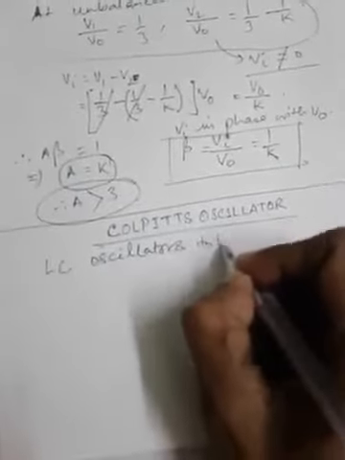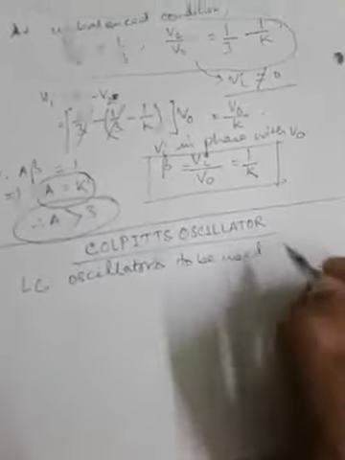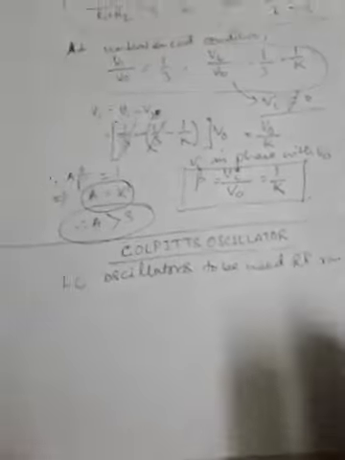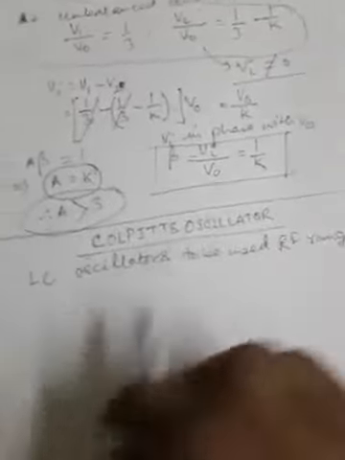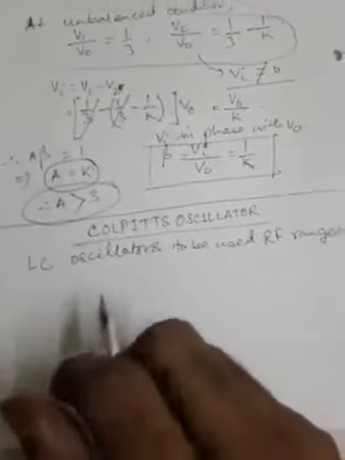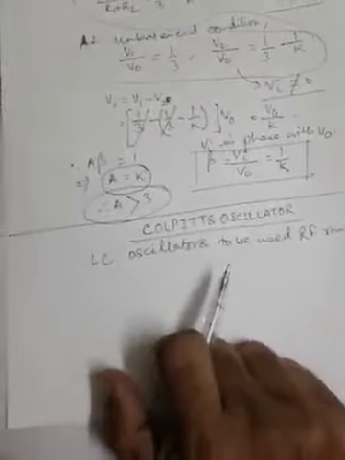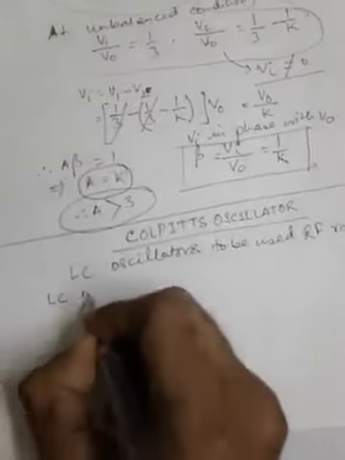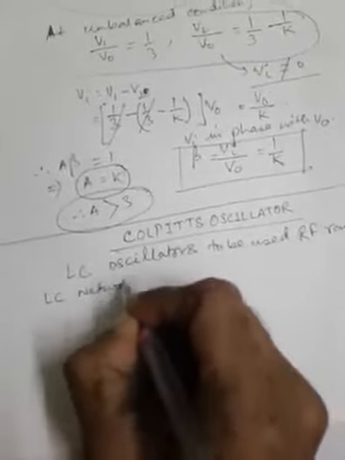to be used for radio frequency ranges or RF ranges. So first of its type is Colpitts oscillator. Now the Colpitts oscillator uses LC network. It uses LC network